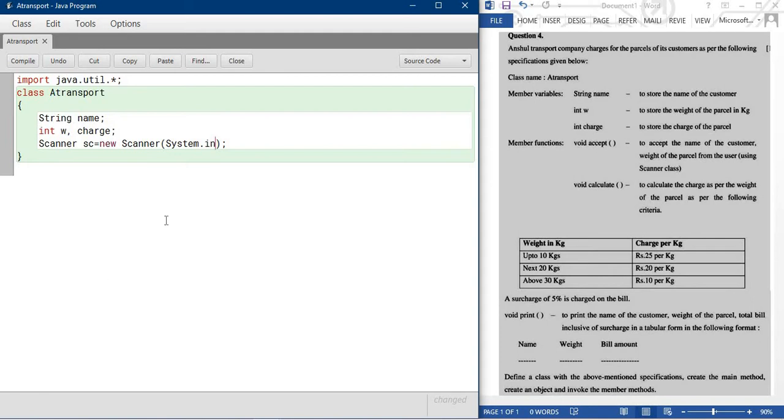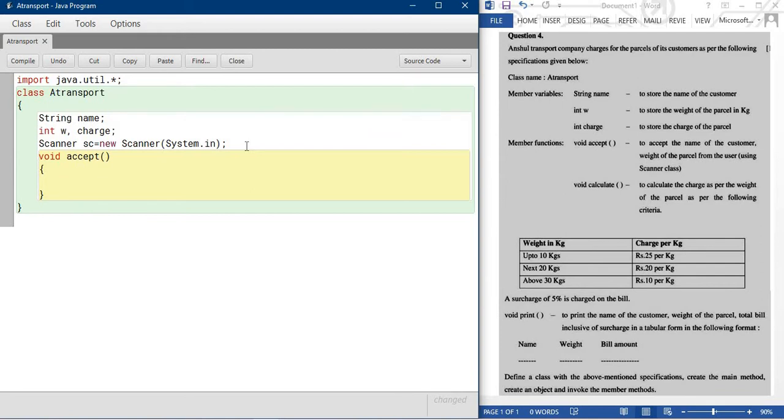Okay, now time to write the method. You can see the method name is clearly written here: void accept. So use void accept, with a small a. Inside this method, as written, we accept the name of the customer and the weight of a parcel from the user.